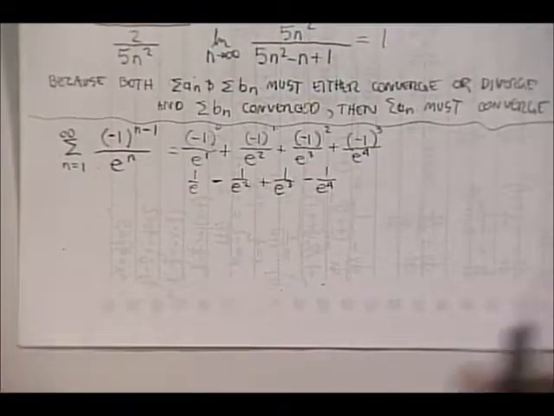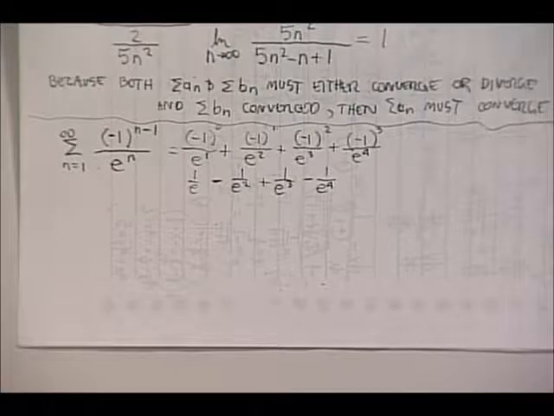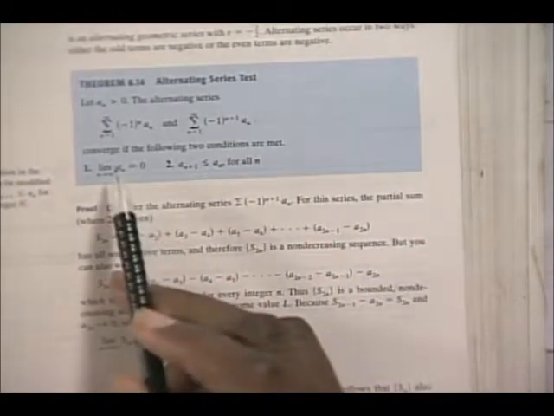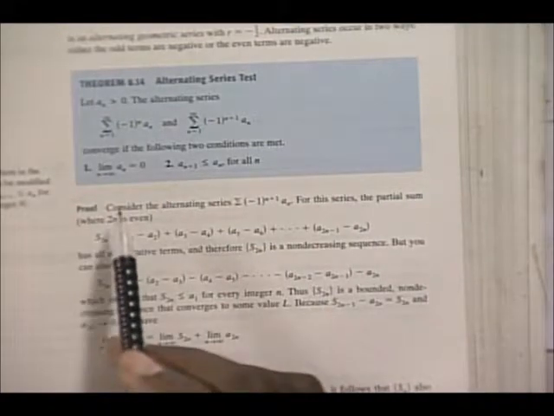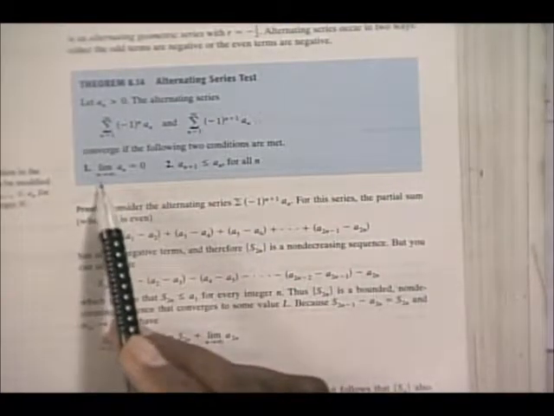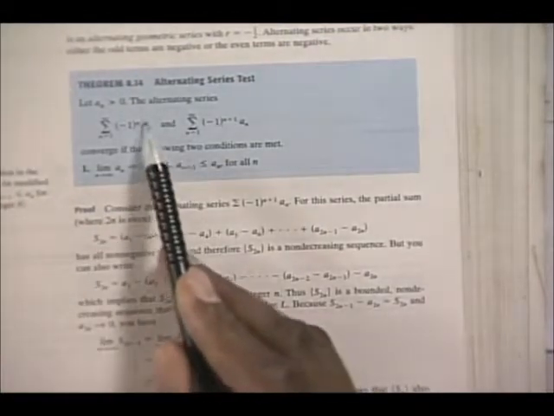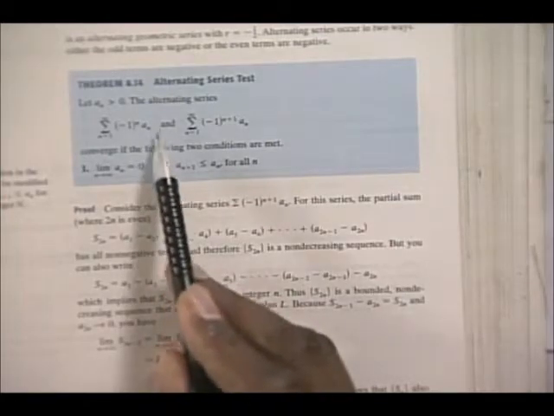Now, what is this alternating series test? Well, in my textbook, let's look at page 581. Alternating series test. If you can't read this, I'll read it for you. It says an alternating series will converge if only 2 conditions are met. Only 2 conditions have to be met. The 2 conditions are if the limit as n approaches infinity of a sub n, being the part of the series that is not alternating,